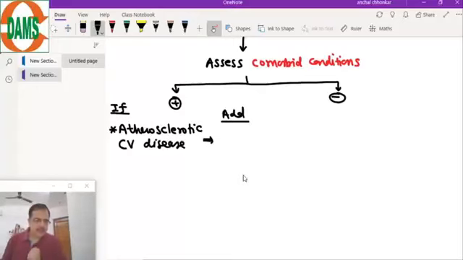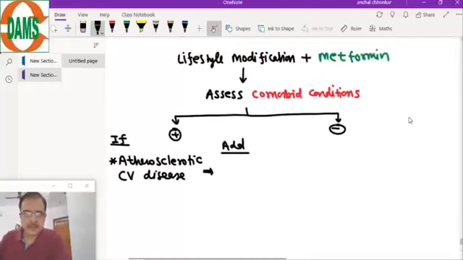It is the most common cause of death in diabetes patients. So what we have done, we have started the patient on metformin, and if atherosclerotic cardiovascular disease is present in the patient, then in that case we will add either